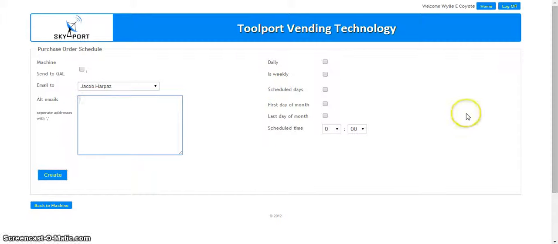So if you want another recipient, we can put that in here also, and that's typed in. If you want multiple, as you can see here, it's saying that it must be separated by a comma, not a comma space, just a comma. You can either start typing or you can enter down to the first line. Okay. Now we have the frequency over here, so we can either check daily, weekly, and then the day,